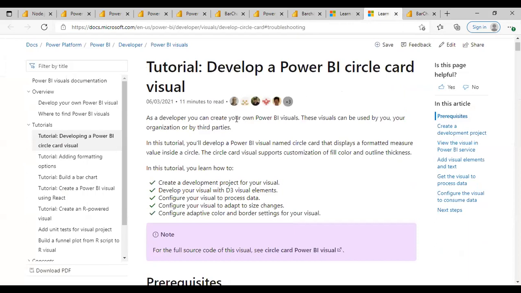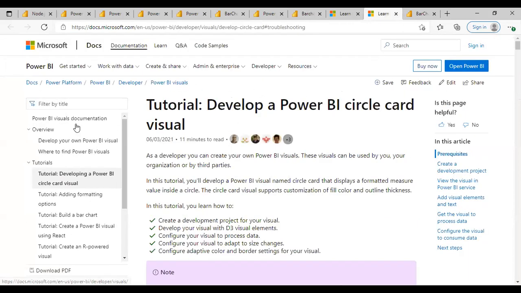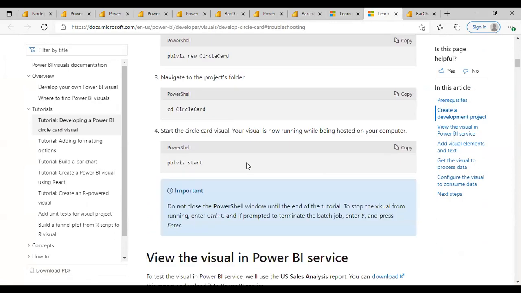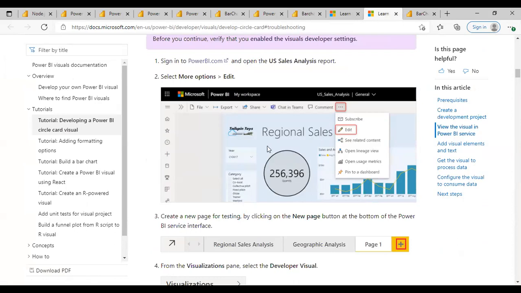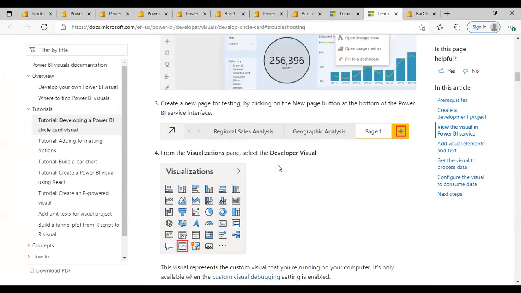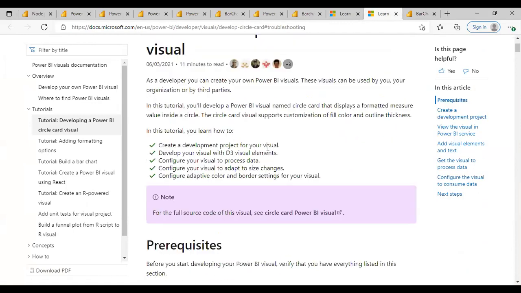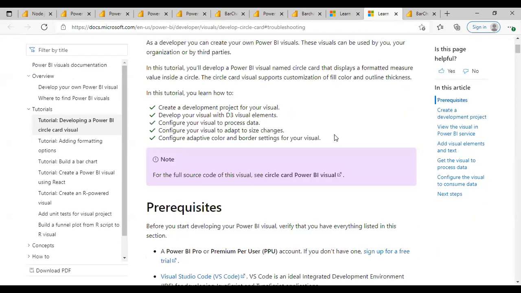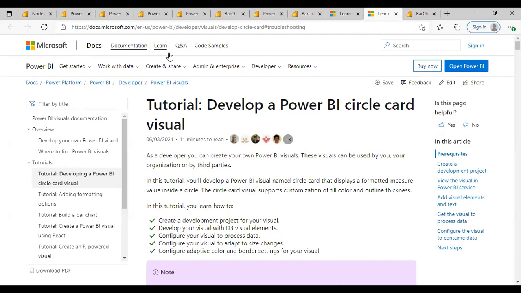So this is the Microsoft documentation where you can find each step of how to create your own visual. Here they're trying to create this circular chart. So you can go through this. I have added these as part of the references. If you have any doubts, you just need to go to these tutorials of Microsoft Power BI docs on creating custom visuals. Every step is mentioned there. You can try it for yourself.